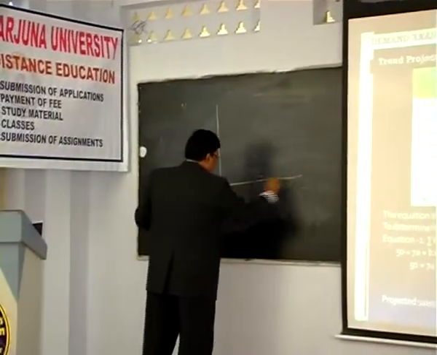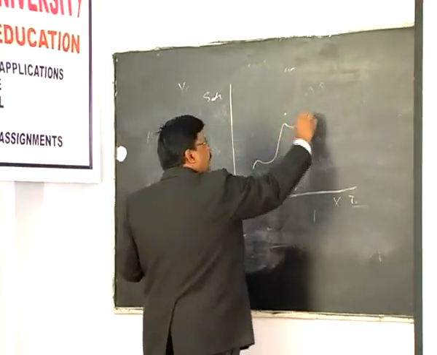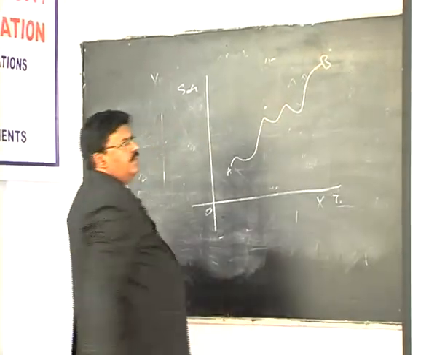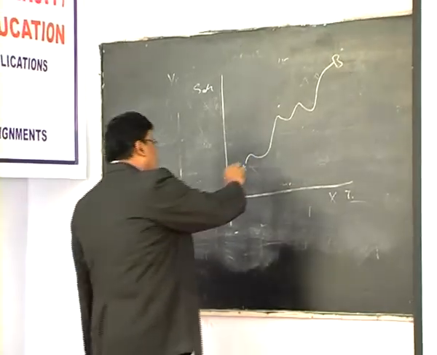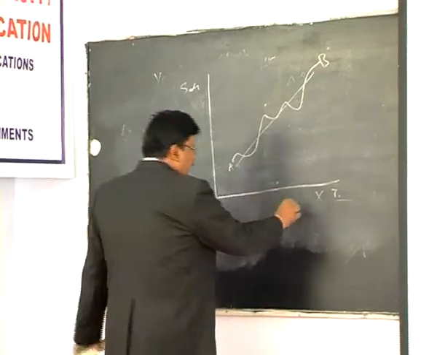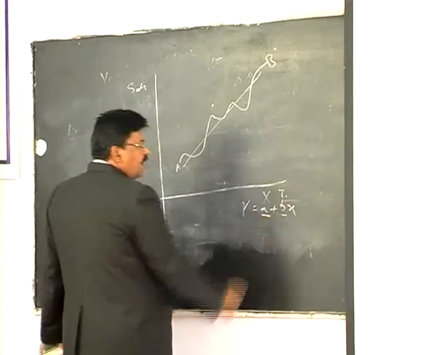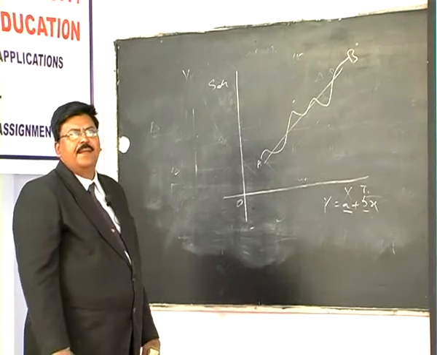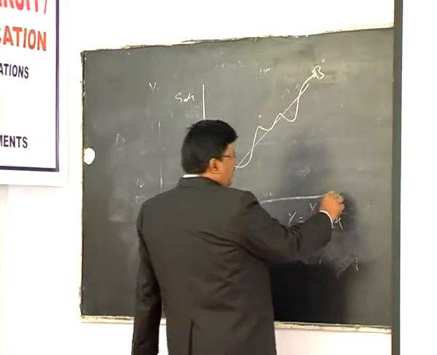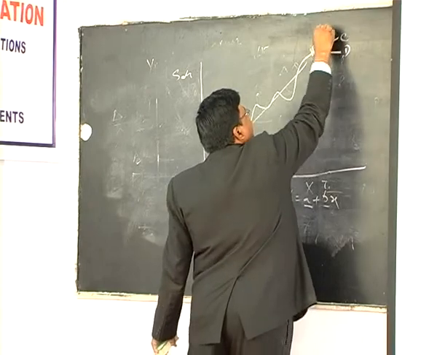Suppose over a period, time period here and sales here, A to B, this is past data. We have plotted the data over the period. That means you are trying to fit a line of best fit using y is equal to a plus bx. This is the intercept and this is the rate of change or slope. So A to B is actual data. That means you want to project beyond that, beyond B. This may be here or here or here, from B to C or D or E.